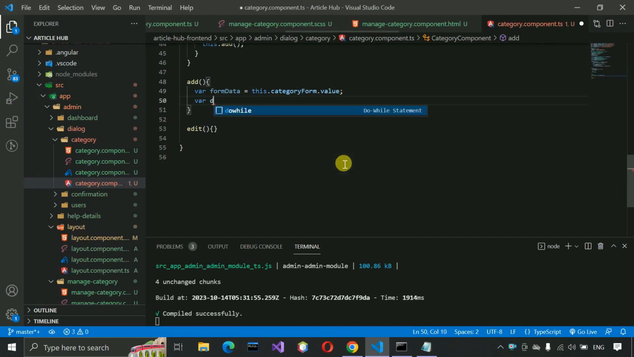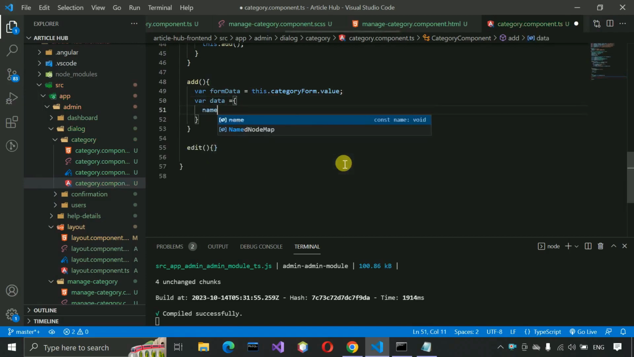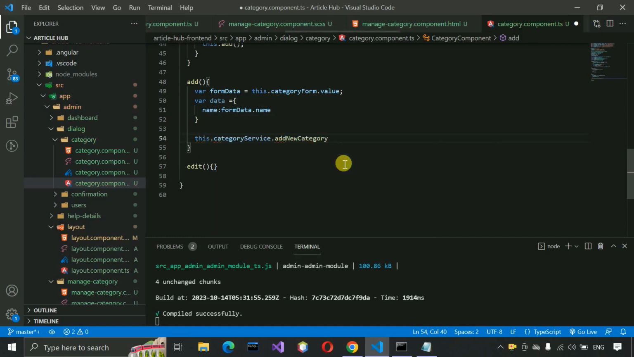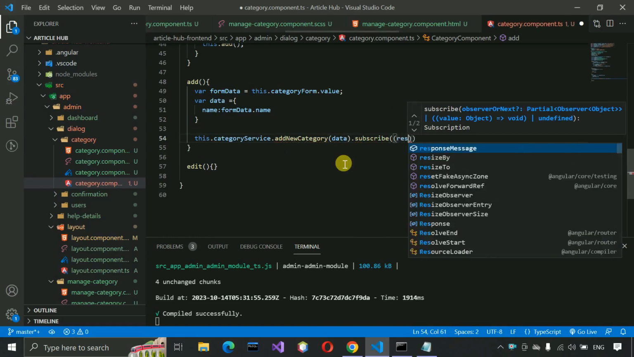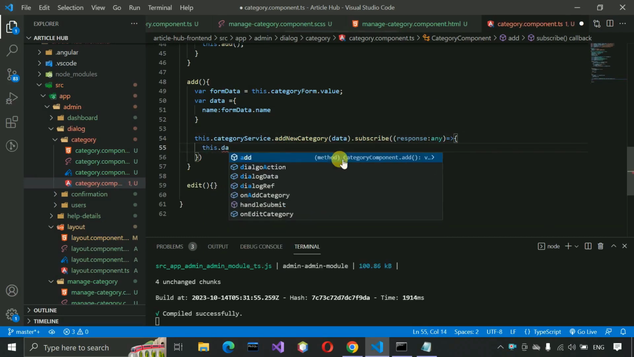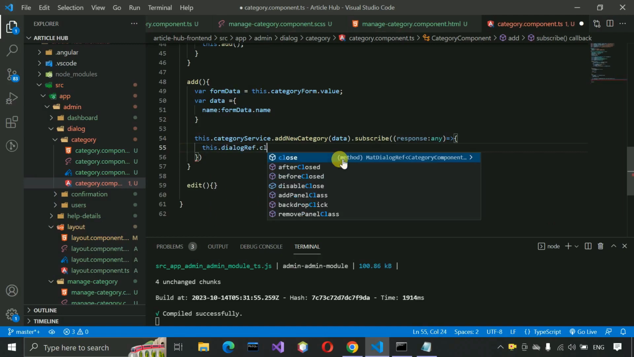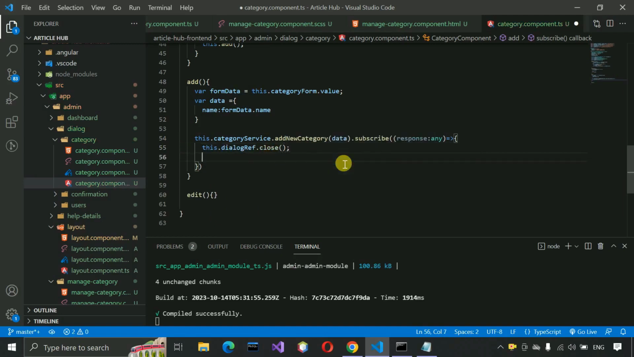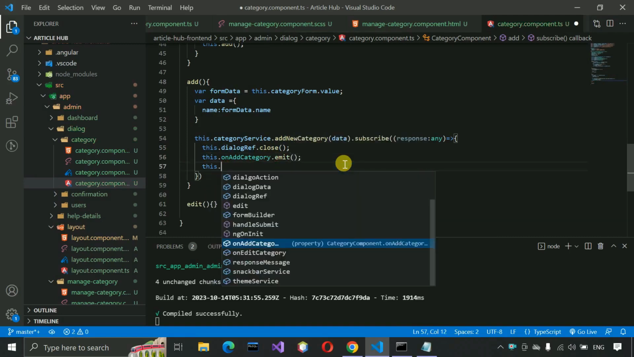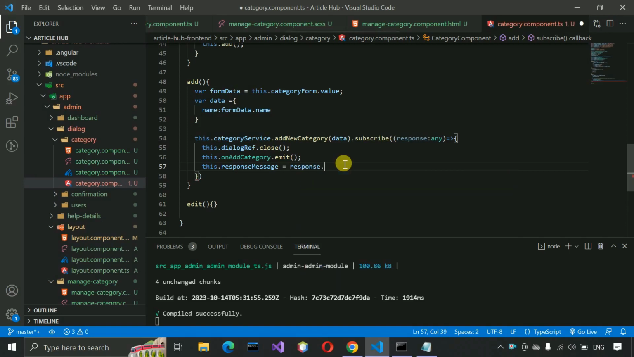and here we have to write name: formData.name, and this.categoryService.addNewCategory, and here we just need to pass the data, and subscribe this one, and response of any type, and here this.dialogReference, we are accessing it to close the dialog, and this.onAddCategory, we need to add category, and then we have to emit it, and this.responseMessage, whatever we are getting in the API, so response.message,